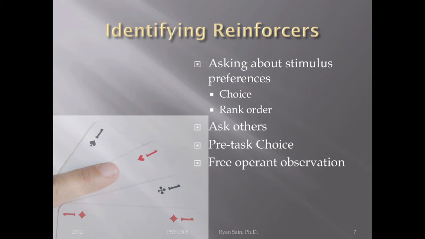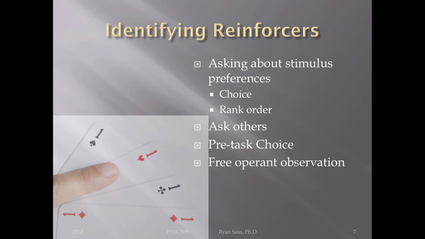Free operant observation. So free operant observation, just watch and see what seems to be a reinforcer. Right? Just watching what they do. If given an opportunity to do anything they want, what are they going to do? What are they going to play with? What types of toys are they playing with? Kids that like to build Legos would probably also like to play with clay. Why? Because you're shaping something, you're building something, you're making something out of something. Kids that like to draw would probably also like to paint. So you get the idea here. So you connect these things together and you find out what's that core aspect of the behavior.